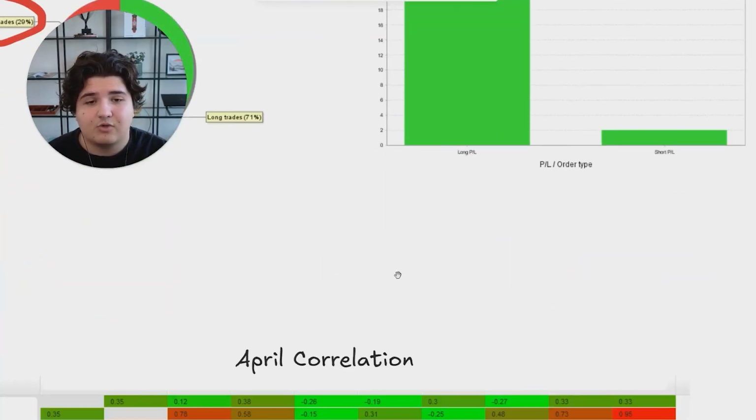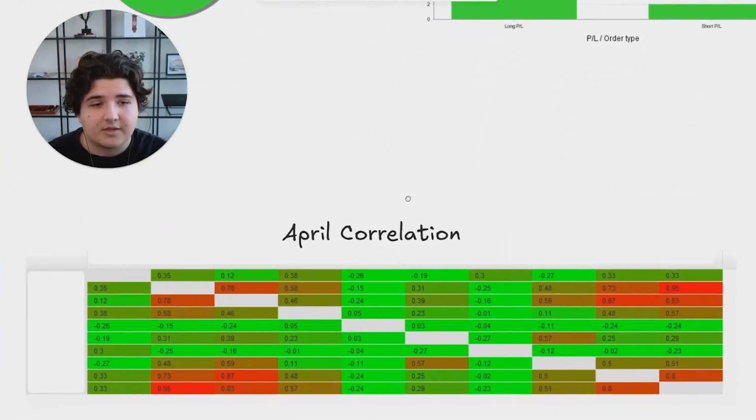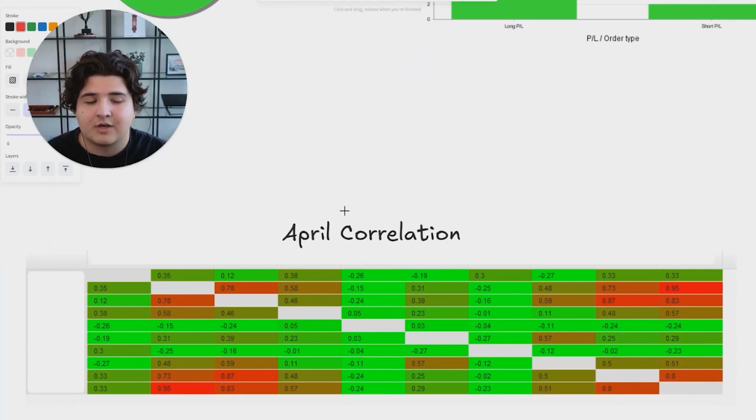Now, if we go to correlation, which I think is probably the most important thing this month, this is my April's correlation. If you've watched any of my other recaps, normally this is kind of a sea of green. If you don't know what correlation is, primarily you want low or negative correlation. Now, this isn't completely a fair show because this is just one month's performance. Normally for correlation, you want to see it over years, etc. And that's how you could actually establish if something is negative or low correlation. But just for these recaps, this paints a picture of how I was correlated for that particular month